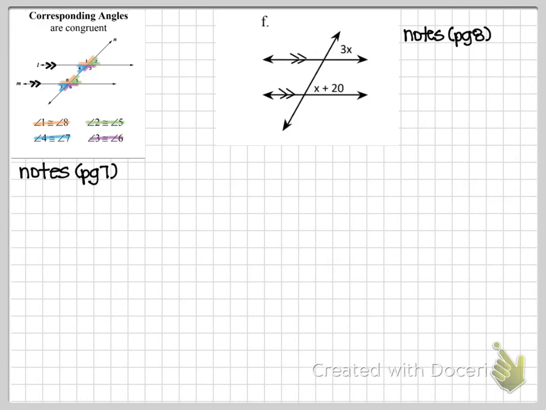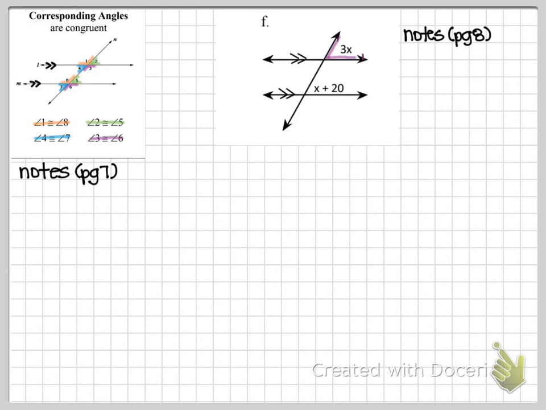The next part of the notes, and this is really it for the notes itself, is going to be on page 8. Remember, there's a whole bunch of examples on page 8. I think there's 9 examples. We filled in some of them last time, and this time we're only going to be filling in one of them since we only have one new vocabulary word. If we take a look at this picture, where 3x is located is above